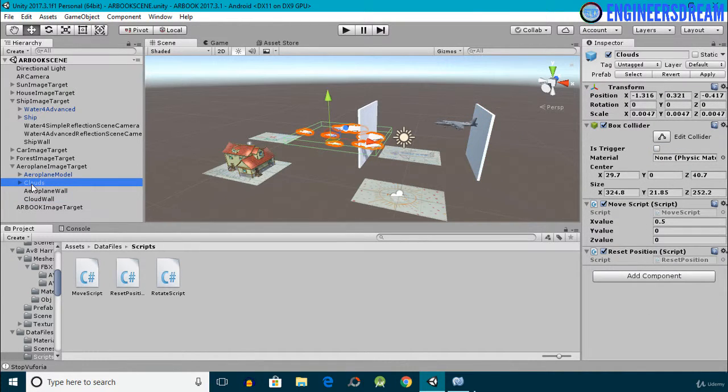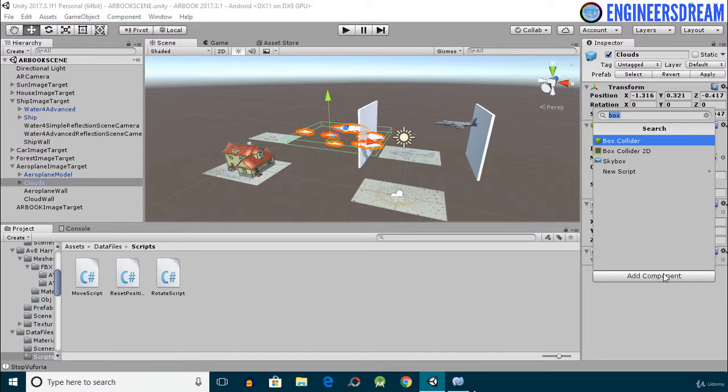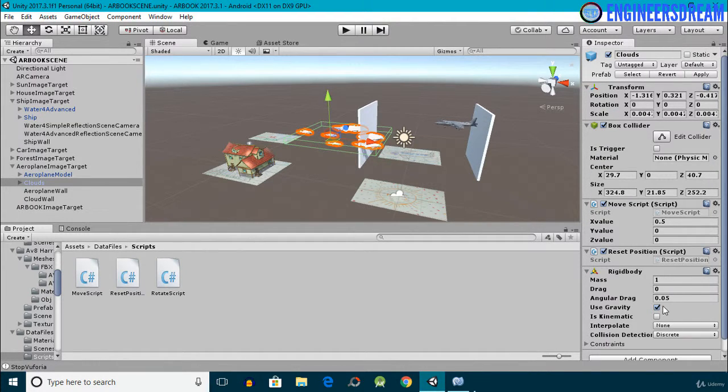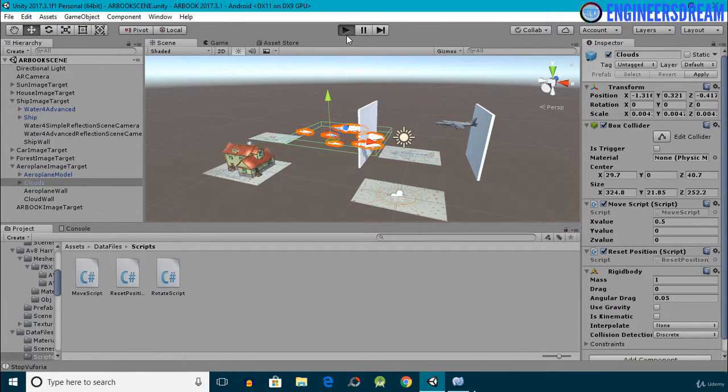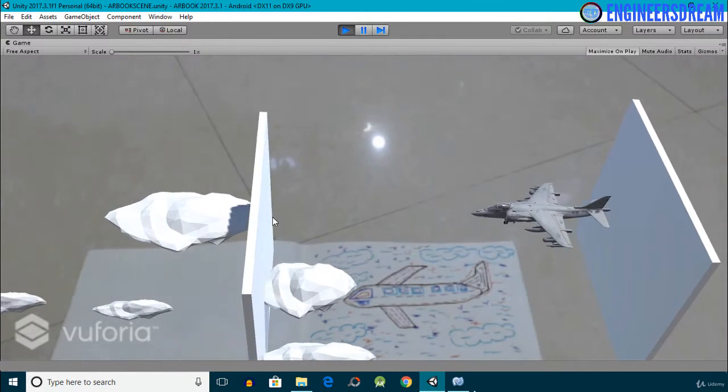Next, if I select the cloud game object, then to the cloud game object I've attached the box collider, but I've not attached a rigid body, and because the rigid body is not attached to this cloud game object, it is not able to trigger this cloud wall. So with the cloud game object selected, I'll click on add component, and I'll add the rigid body component to it. I'll uncheck use gravity, and this time if I click on the play button,